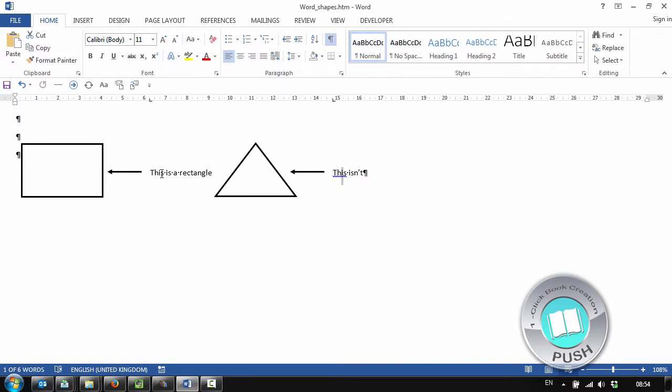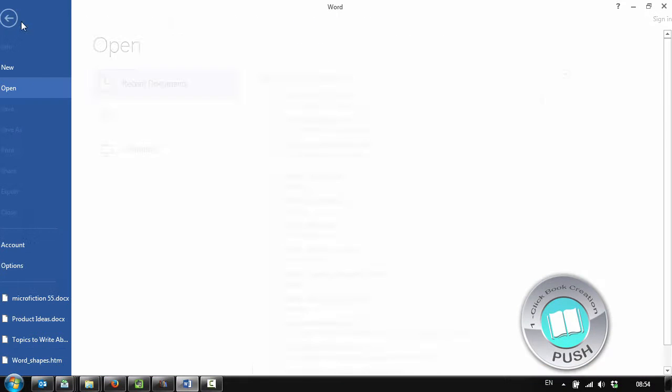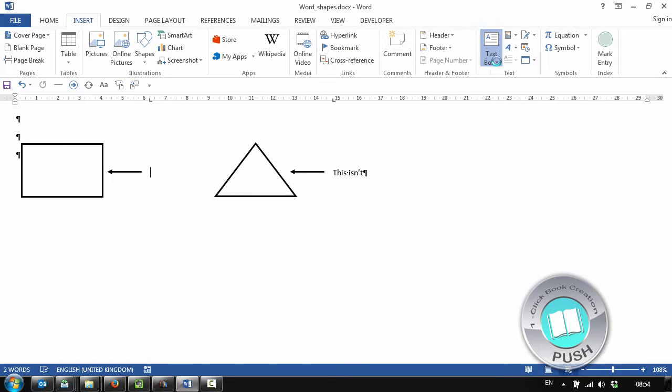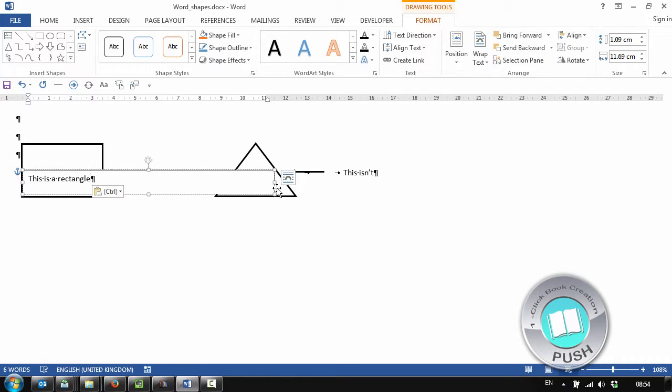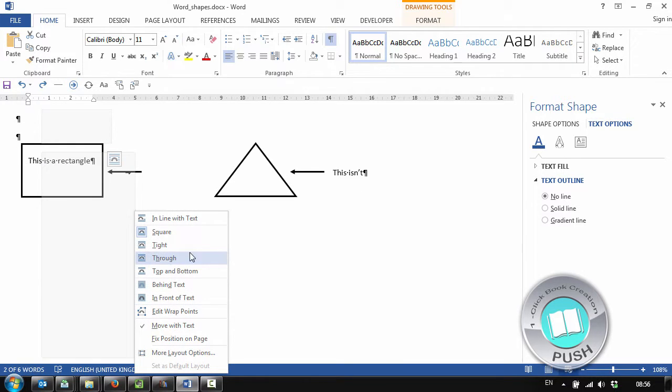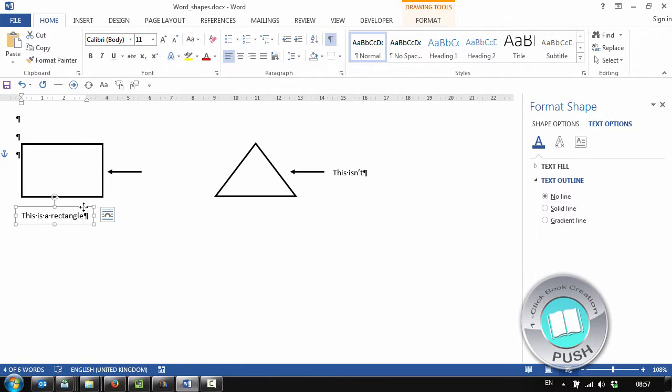So the other way we can do it, I'll close the HTML file down and then I'll open up my Word doc again. So let's get rid of that particular text item, turn on show hide characters. Again, they were already on. I'll insert a text box. And then I'll resize my text box and make sure that there is no outline. So now I need to wrap text in front of text or behind text, doesn't really matter. And then I can position that. If I hold down the control key, I can position it with my keyboard arrows,